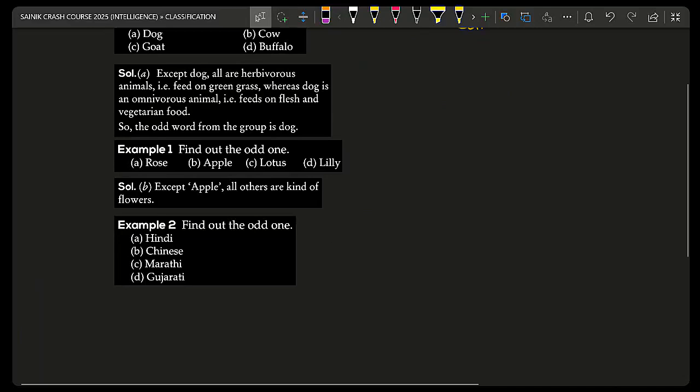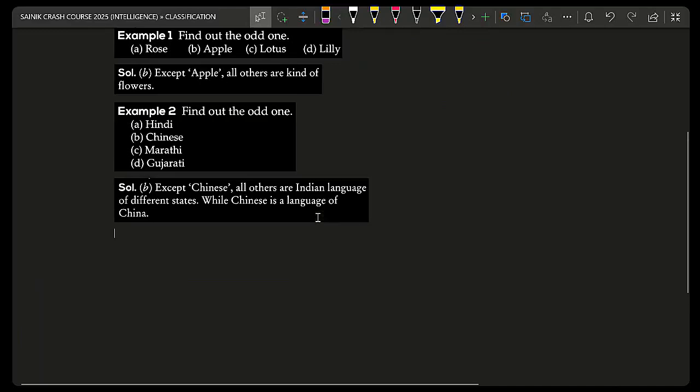Time up. I received no votes for Marathi and 2 votes for Gujarati, wrong answer. 9 votes for Hindi, wrong answer. 18 votes are received for Chinese, that is the correct answer. Because Chinese is not the only language from India, remaining all are the languages from India. So except Chinese, all other are Indian languages of different states, while Chinese is the language of the other country,